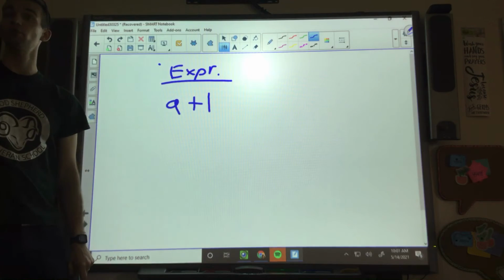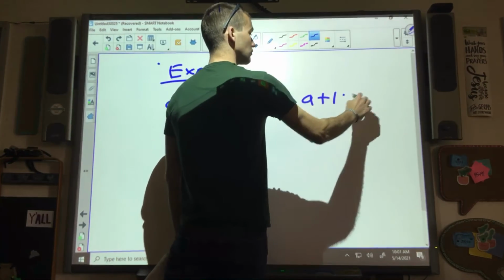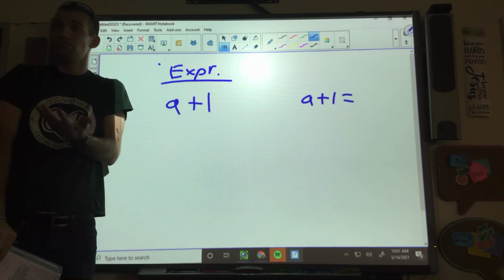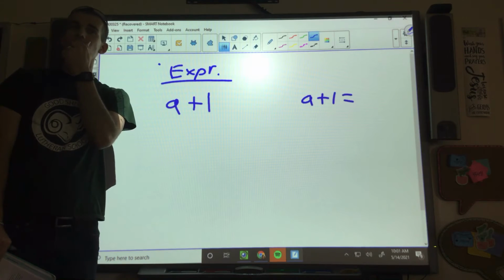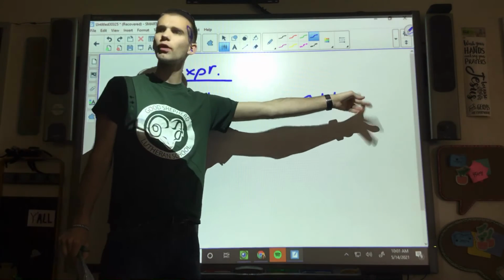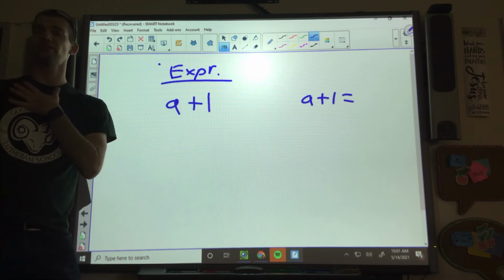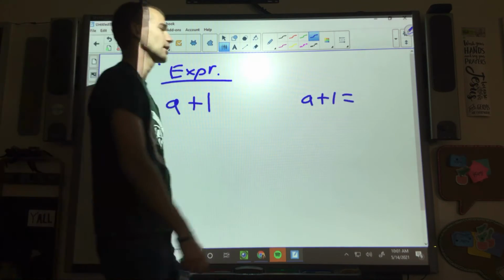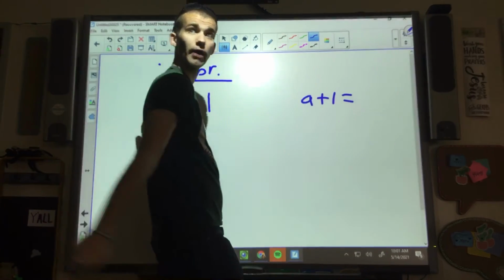Can we write this as an equation? No. Why not? Because you're not supposed to have the equal sign yet. Why not? Because you have an unknown number. If I knew what my age would be a year from now, then I could do that. Let's say it's a different teacher that you have, and you don't know what his age is right now, but 1 year from now, he's going to be